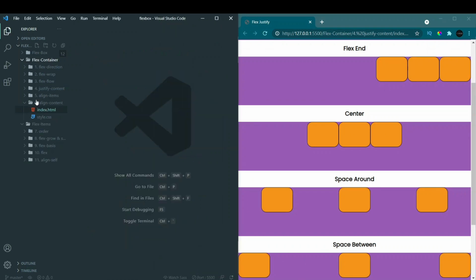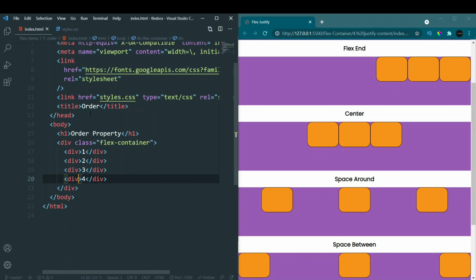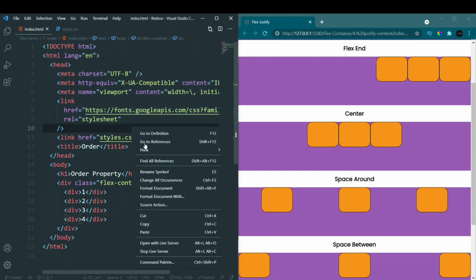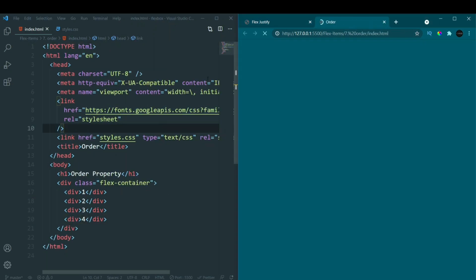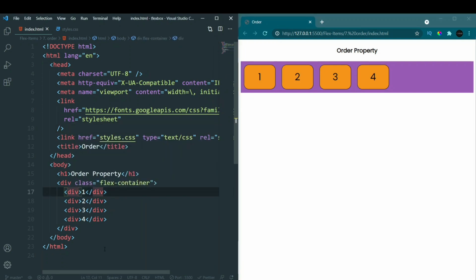So we'll close this, and the first one that we have is very simple. It is just normal order, and we spoke about this earlier, how we can change the order. In this we are not going to see CSS, because we can even do it without CSS and we don't have to go on writing CSS. So we'll go inside this div, the first one here, and I'll write the style attribute. We'll just add an inline style. Here I'll write order and give it a value.